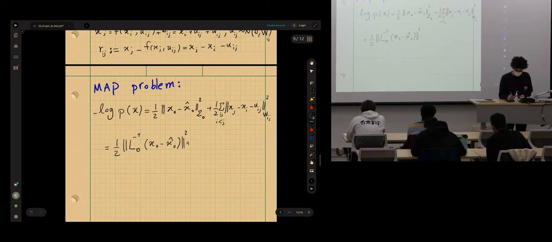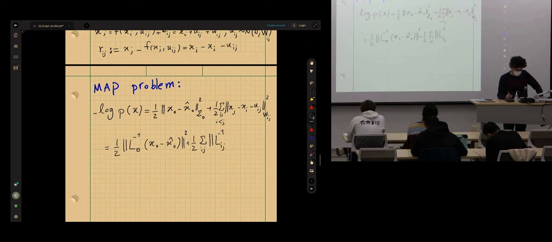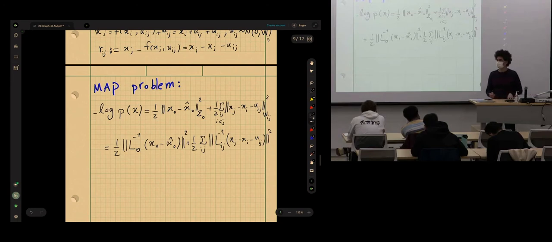And for the other one, also the Cholesky factor inverse of the Cholesky factor of the covariance matrix Wij. And now the norms are not weighted. These are just Euclidean norms. So we define this to be